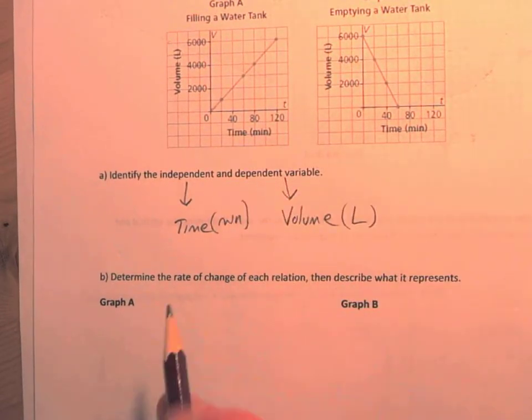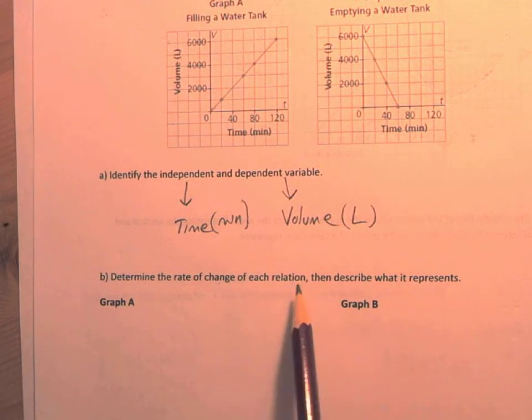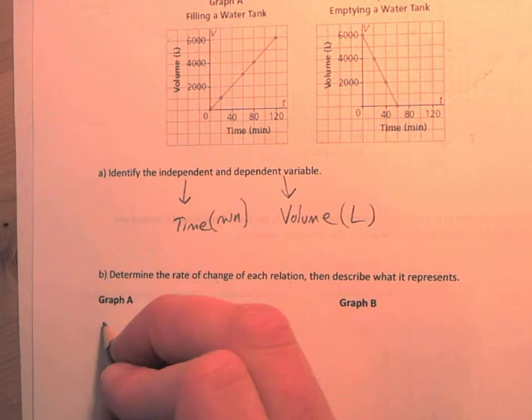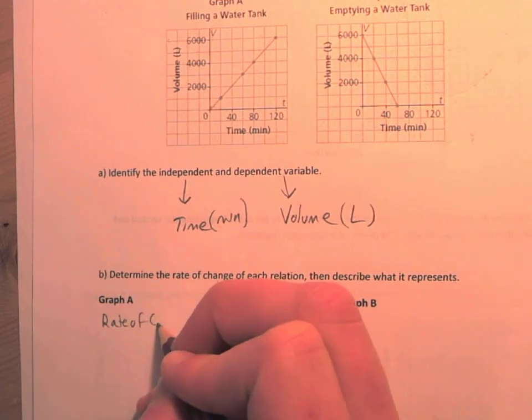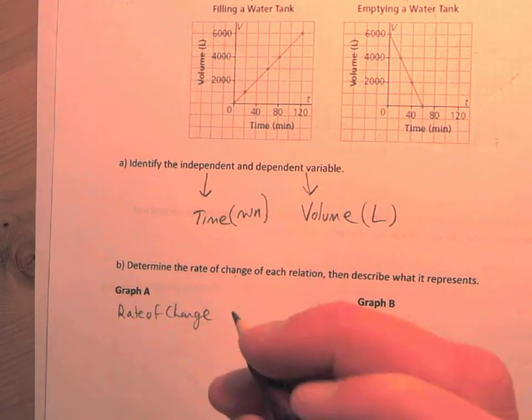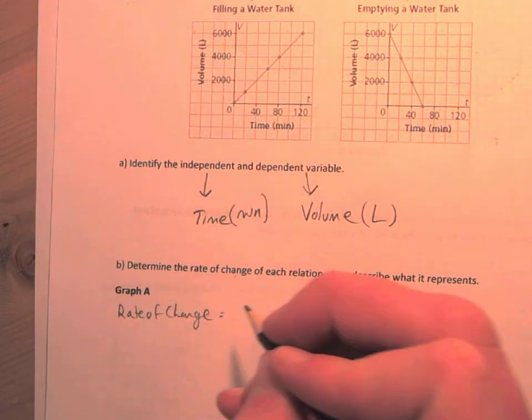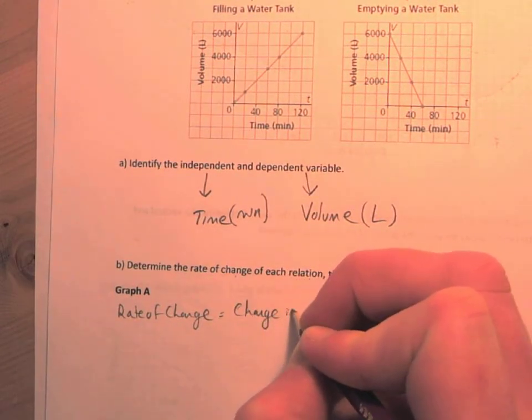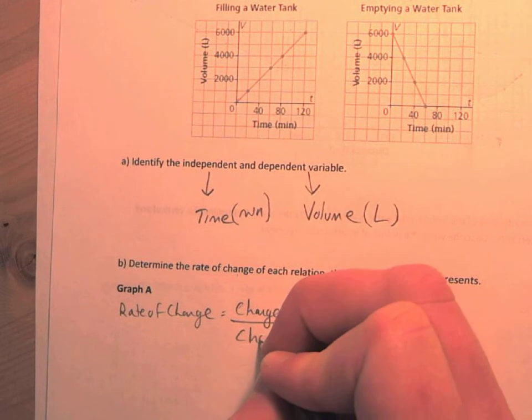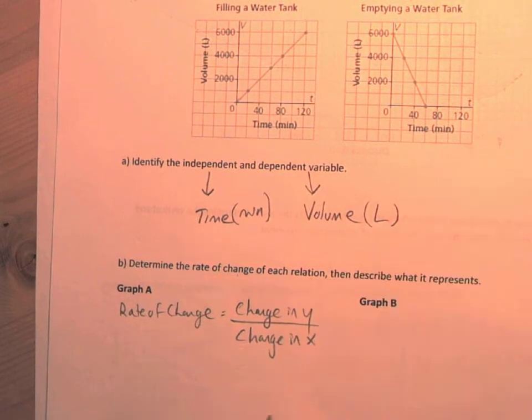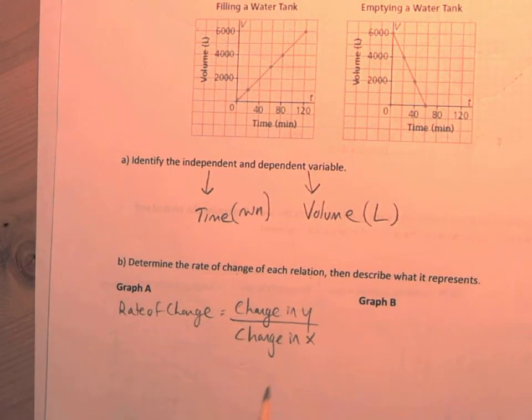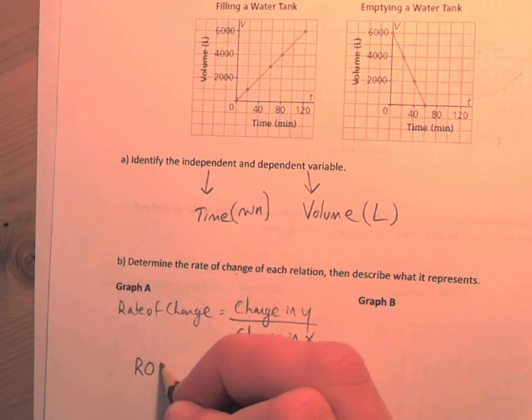Alright, determine the rate of change of each relation, and then describe what it represents. So we have to go through what rate of change is. This is an important piece towards these types of graphs. So what is rate of change? It's change in y divided by change in x. So it's how much you change in your y values when you change your x value. Okay, so let's go through this. Rate of change